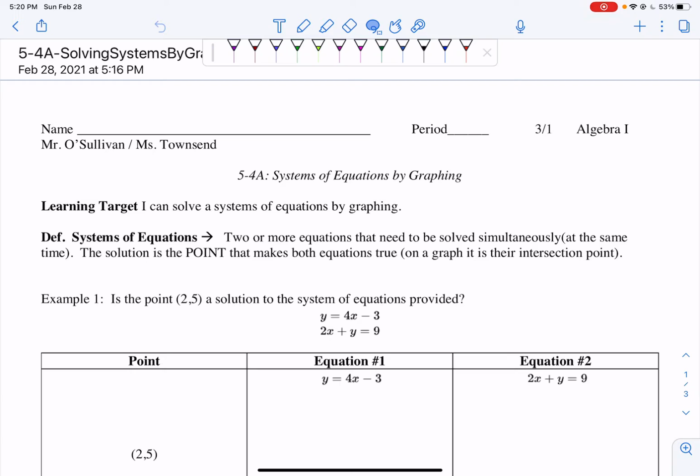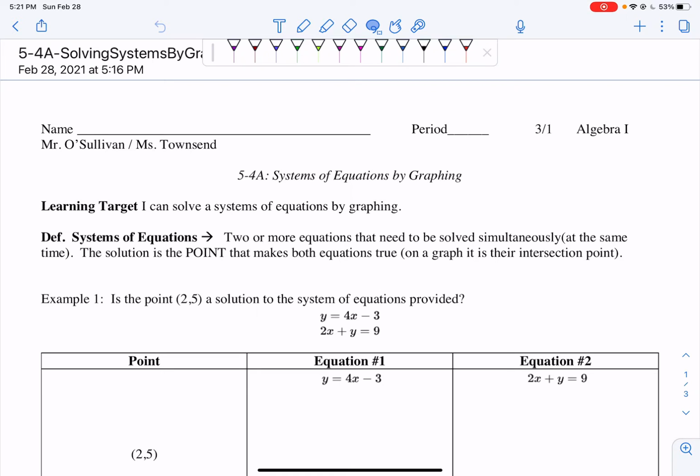So today we're going to be learning about our final way of solving systems of equations, and that's graphically. Just to give you a heads up, graphing does work for every single system. However, the only time you can actually find the right answer is if the lines intersect